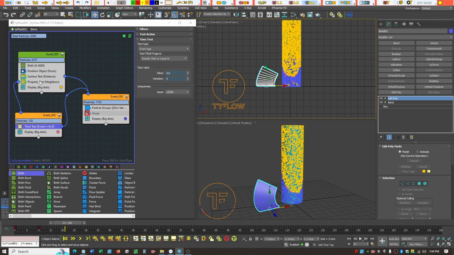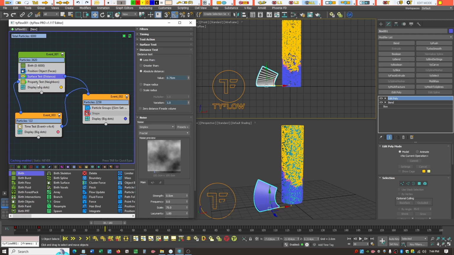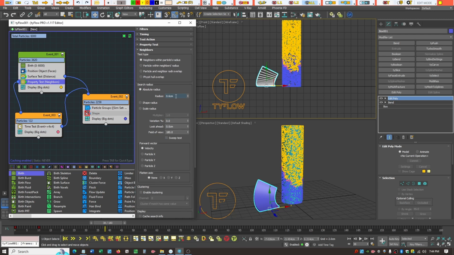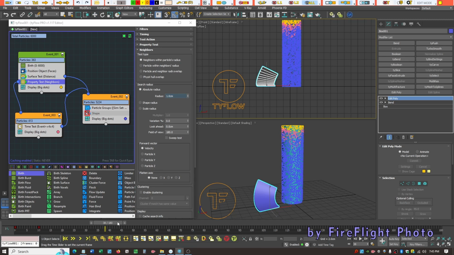They then get tested, so we can do a neighbors test, and we're just slowly getting more pink added all around the edge. We delay the whole procedure from happening again, and based on whatever the delay is, whatever we set in the original surface test, and the distance we set here, is going to be how fast this virus grows. For example, if I set a radius of 1, you can see we get a much larger surface of virus growth,